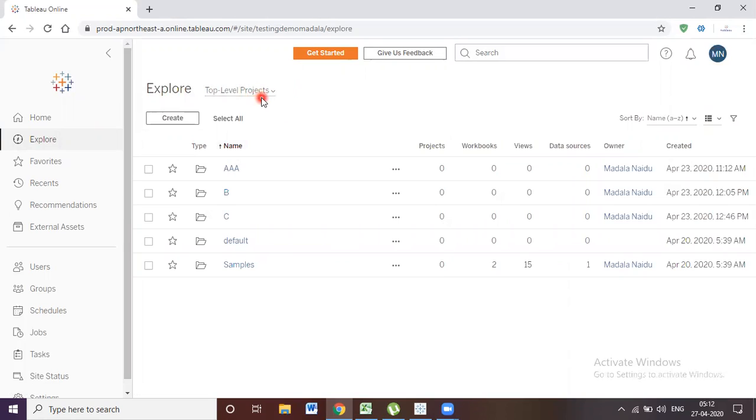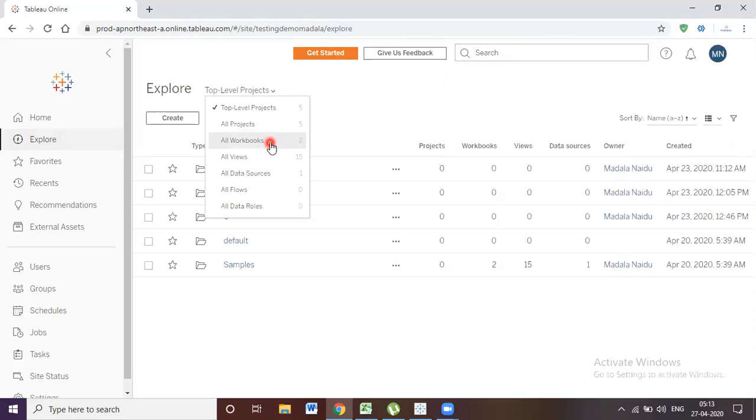Now see, these are the top level projects, meaning here I have five projects as of now. If you have hundreds of projects, it will show all 100 projects here. Now let me go to the drop down menu, all projects. Now it is also showing all projects. You might get some confusion about the difference between top level projects and all projects. Top level projects shows the overall, but if any project has sub projects, they will come under all projects. If you choose all projects, those sub projects will also be displayed on your screen. So this is the concept of all projects.